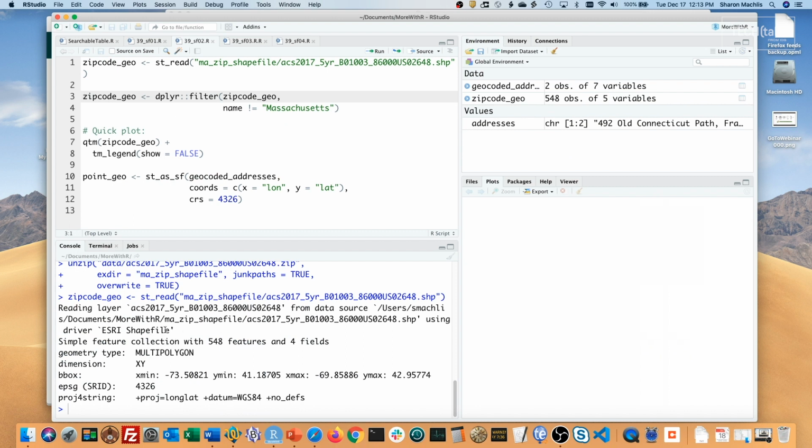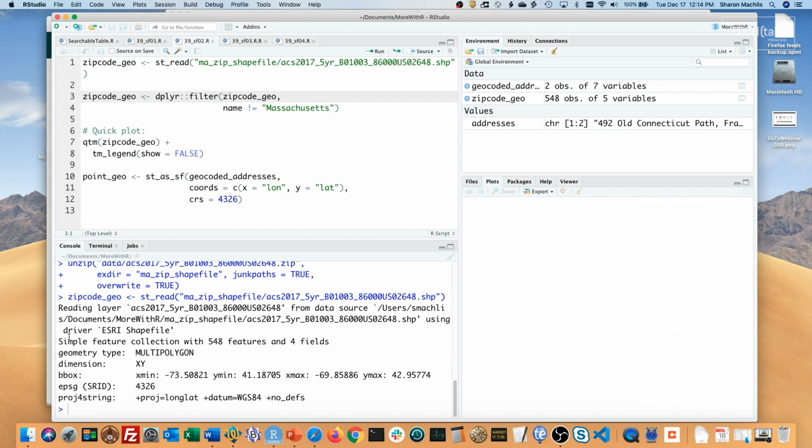Okay, look down here at the bottom left at the console. There's some information displayed there, and at least one of those data points is important: the EPSG. Here it was 4326. Without getting too deep into the weeds, an EPSG basically says what system was used to translate areas on a three-dimensional globe, the Earth, into two-dimensional coordinates, latitude and longitude. This is important because there are a lot of different coordinate reference systems, and I want my zip code polygons and my address points to use the same one so they line up properly.